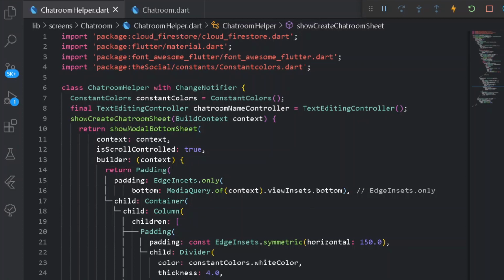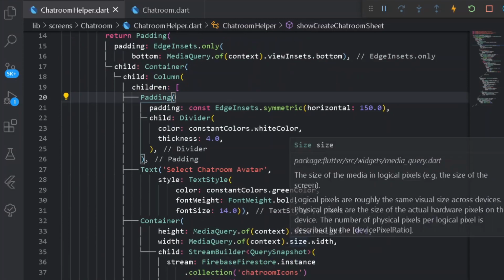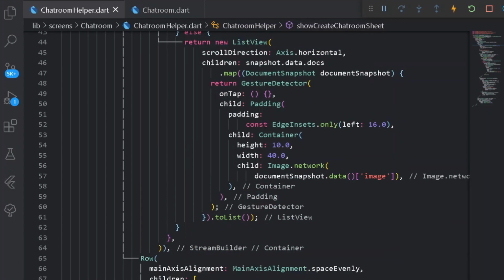So first of all, for selecting a particular chat room avatar, once the user taps over any of the particular chat room avatars, we shall be changing the border color of the entire container. So for that purpose we can come down under our gesture detector, and here on tapping it we need to convert the following thing into some different thing.